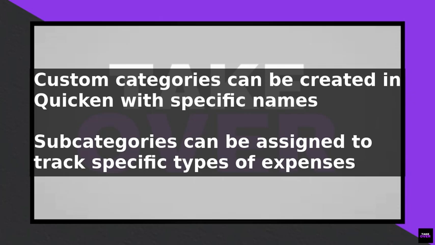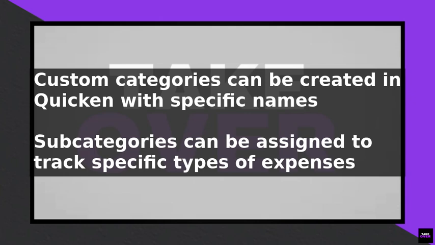You can also create your own custom categories in Quicken. To do this, go to the category list and click on Add Category. Enter a name for your category and select the type of category it is, such as income or expense. You can also assign a subcategory to your custom category, which allows you to track specific types of expenses within